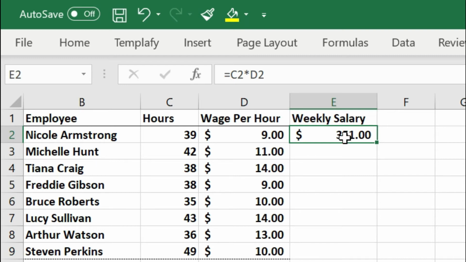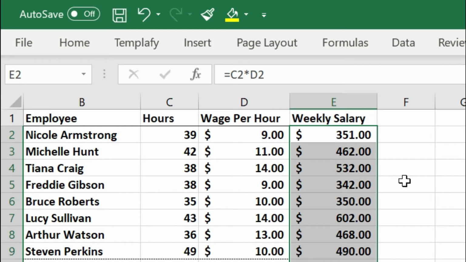So after selecting this particular cell E2, you can see this tiny little green box appearing at the right hand bottom of this cell. Just hover your mouse over that and you'll see this plus button appear. Okay, and just double click with your mouse and that's it. We now have salary calculated for each of our employees in the most efficient way.